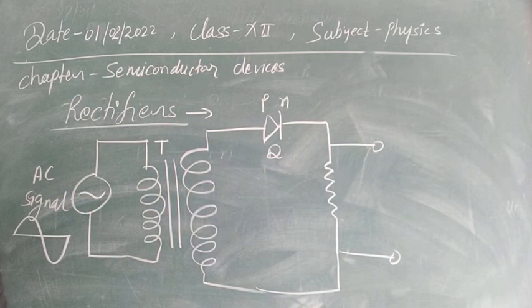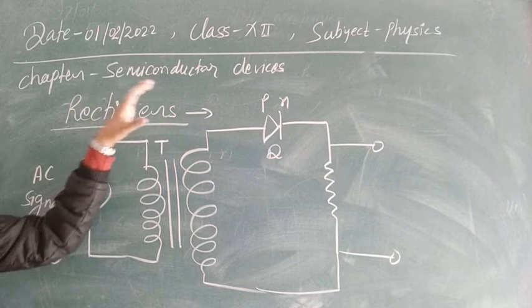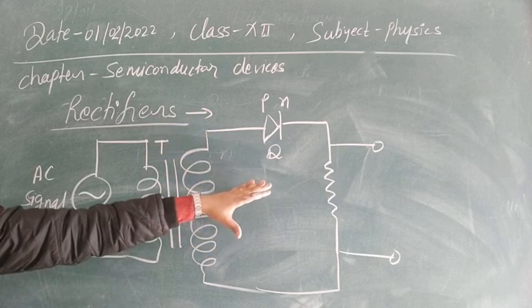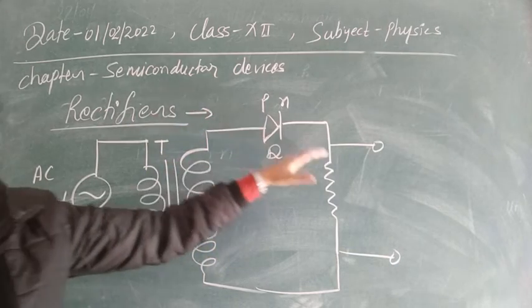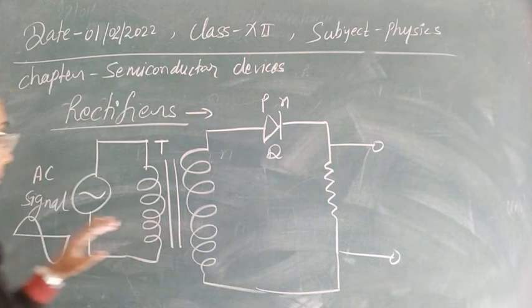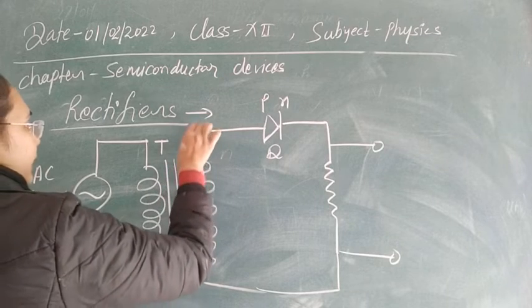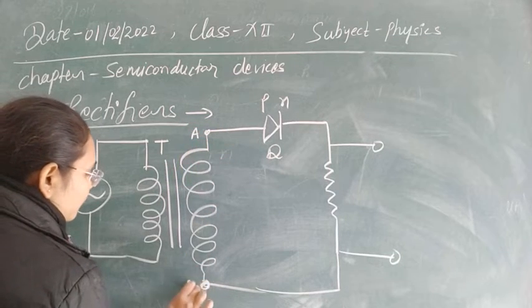So this is our simple circuitry for making the rectifiers. Now we can see which kind of output we will see, and according to the output, the name of the rectifier will be given here. First, as the positive cycle is fed here, we have the two ends A and B of this transformer.